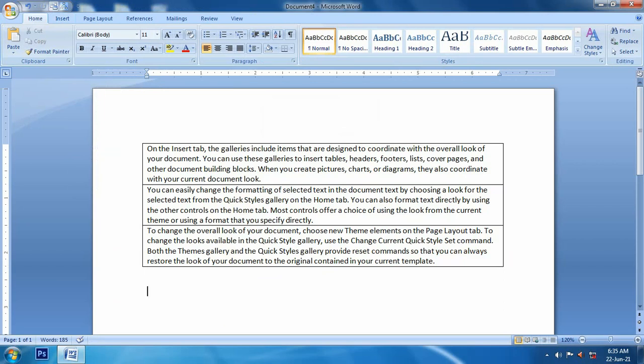If we have text like this, first name, last name, here after first name I am pressing tab. Only one tab we will press.